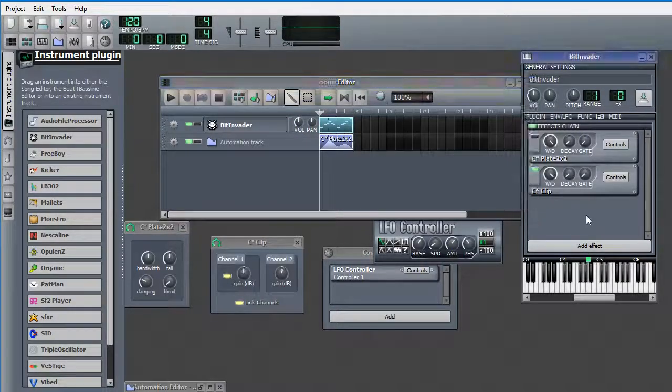And of course, these effects are both in the chain. The reverb is being affected by this, the clip is being affected by this controller, and we could have those together if we want. So those are two different ways that we can have the value on a knob change over the course of